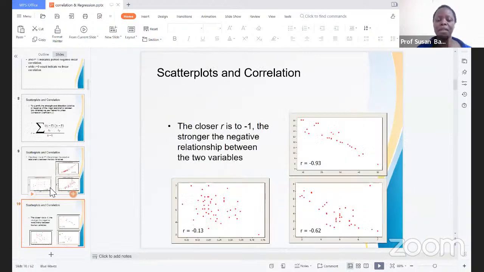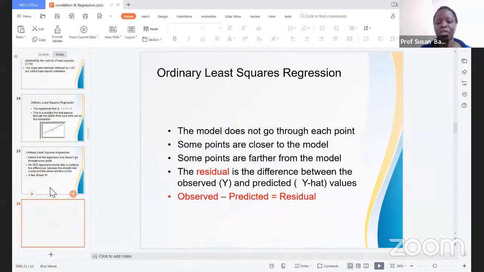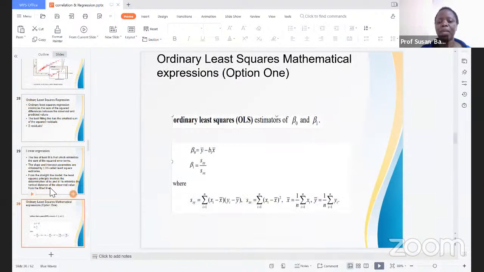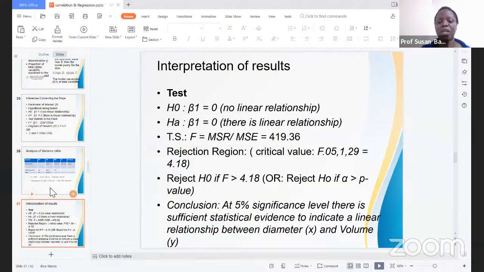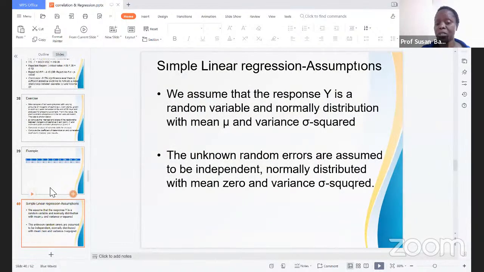Okay, so as a recap, yesterday we talked about simple linear regression. We said that it is a relationship between one response and one independent variable. We also say that the objective of regression is to identify the relationship to estimate the prediction. We talked about the assumptions under regression, and the assumptions included the response being normally distributed with mean mu and